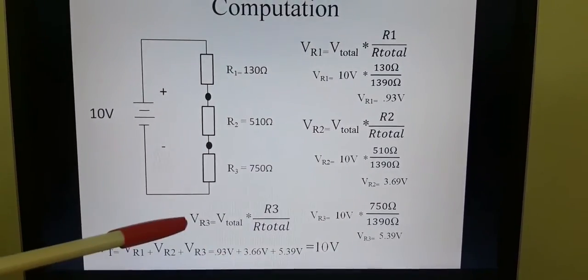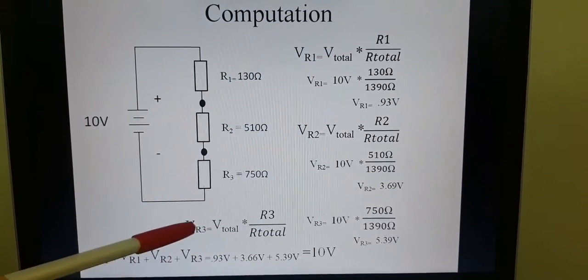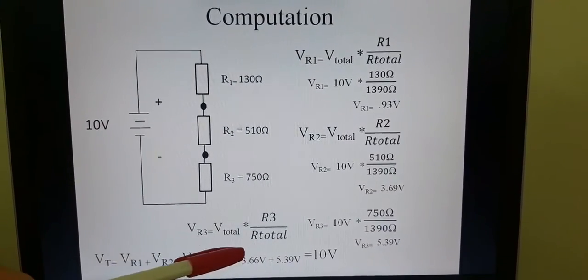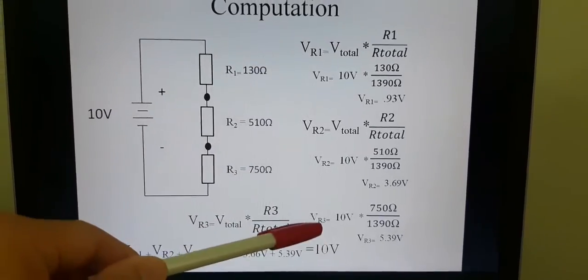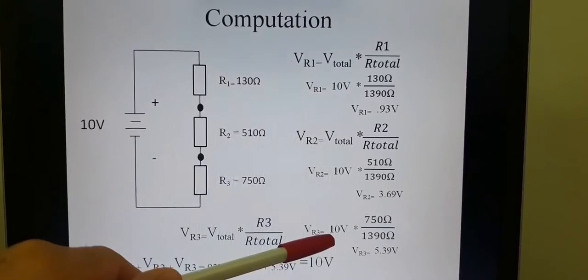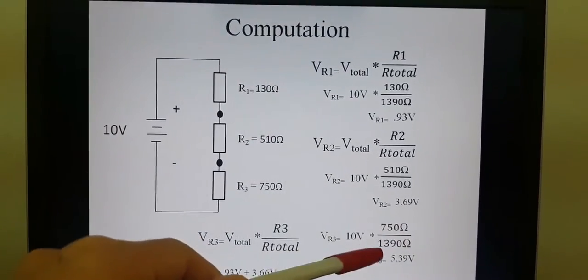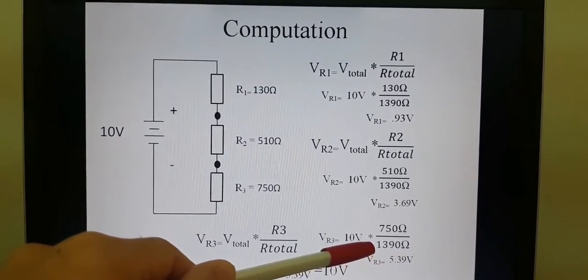Then voltage drop across R3 is equal to total voltage times R3 divided by total resistance. VR3, or voltage drop across R3, is equal to 10 volts times 750 ohms divided by 1390 ohms is equal to